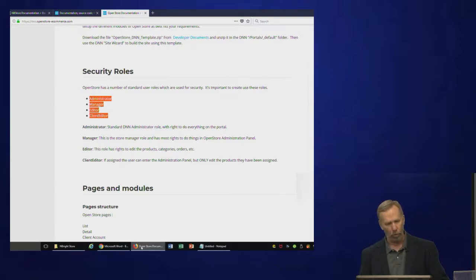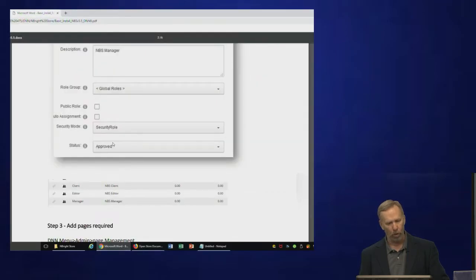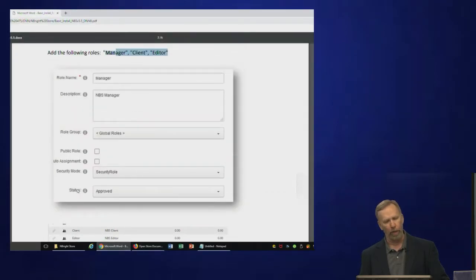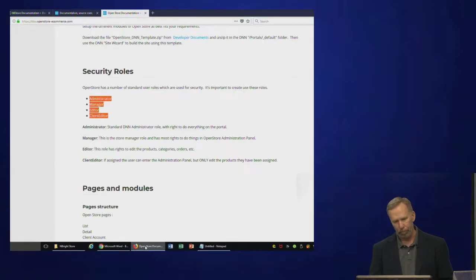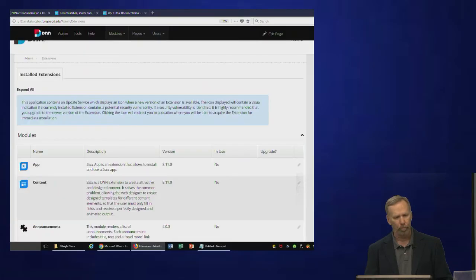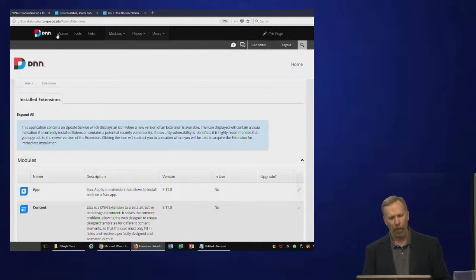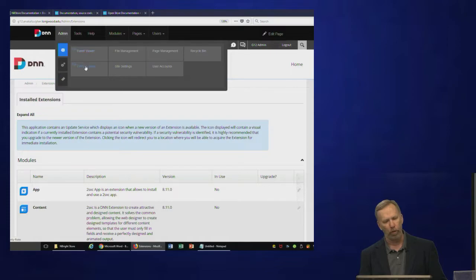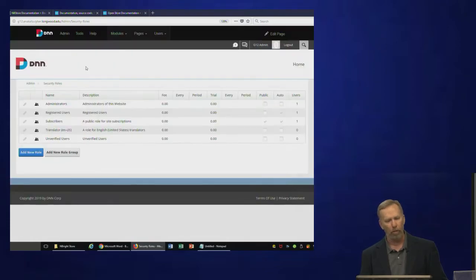So I'm going to go back here and I'm going to create some security roles, manager, client, and editor. So I go to my web portal, and I go under the admin menu and I go to security roles, and I can see security roles that are in here by default. I'm going to add a new role,